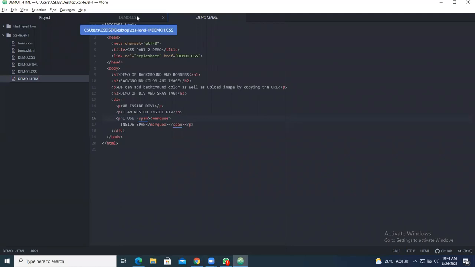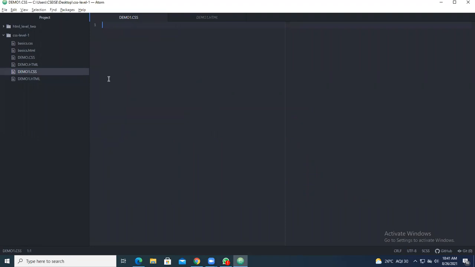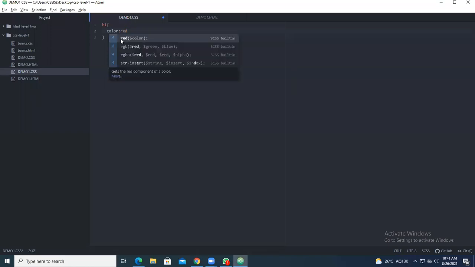So for this, now you have to write the styles for each and every tag. Okay. So first I start with the H1 tag. H1, bracket open, bracket close. So you give color. Here, if you choose SCSS, you will directly get suggestions like this. Under color, you give red. Many parameters you will get only when you choose SCSS grammar. So you give red.